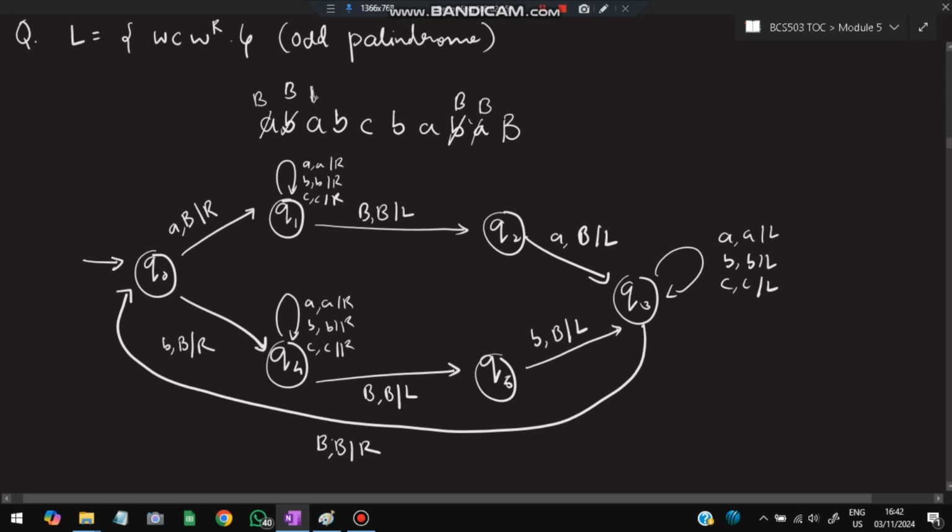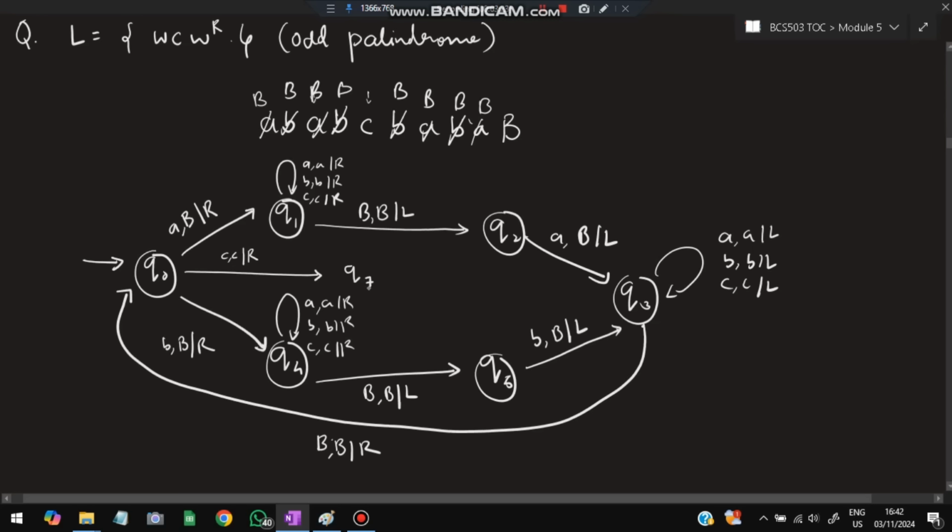And finally what will happen, this will be B, this will be B, and this will be B, and finally this will also become B. After that, when I come here, I ignore this one and come here, B. Now in this state I have encountered B, move to the right. Now my starting symbol is C. We haven't defined what we need to do if the starting symbol is C. A and B we have defined. If it is C, I have to move to the final state here. C, I'll keep it as such and move to the right, and this state will be